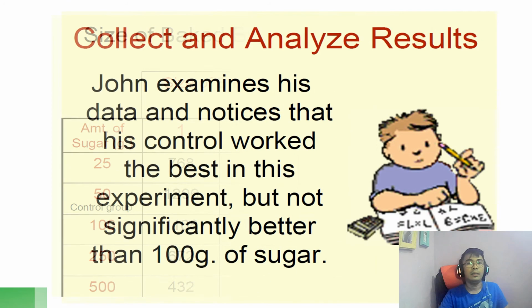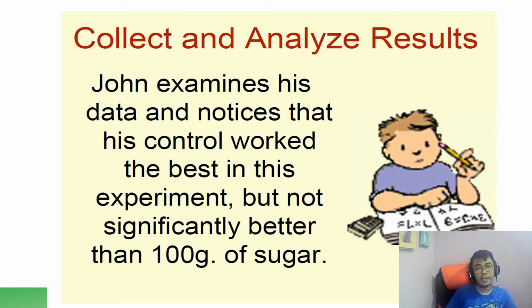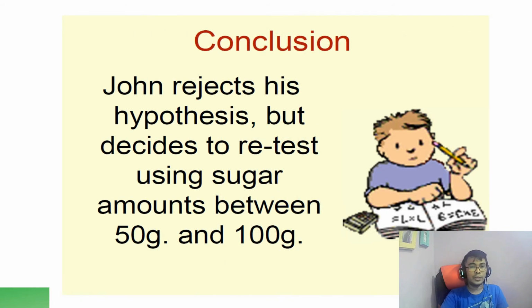Okay. So John examines his data and notices that his control worked the best in this experiment, but not significantly better than 100 grams of sugar. Okay? So therefore, as part of his conclusion, John rejects his hypothesis, but decides to retest using sugar amounts between 50 grams and 100 grams. So, dahil hindi niya kontento si John, ang ginawa niya,